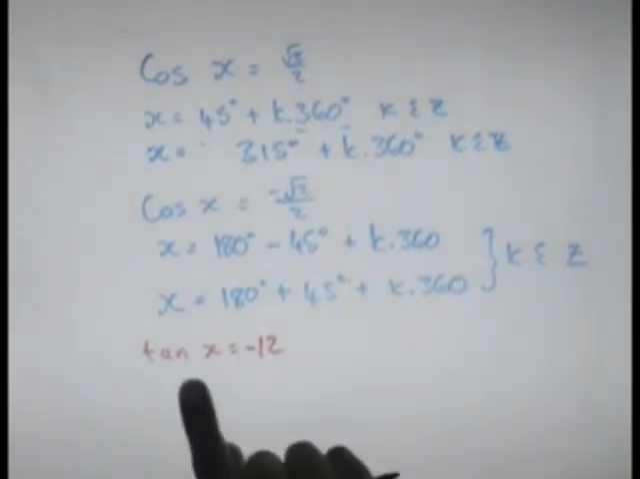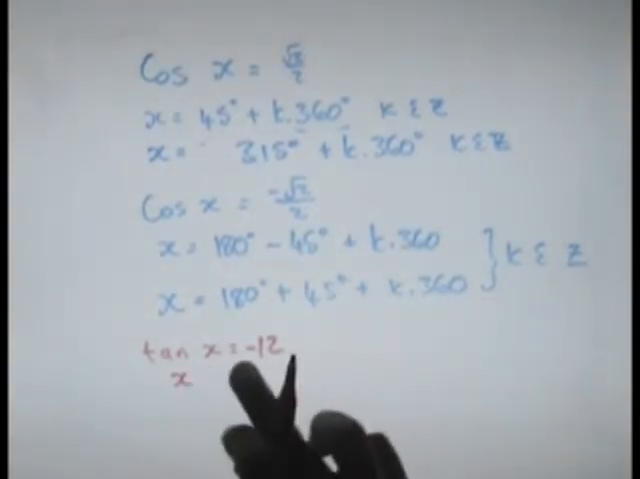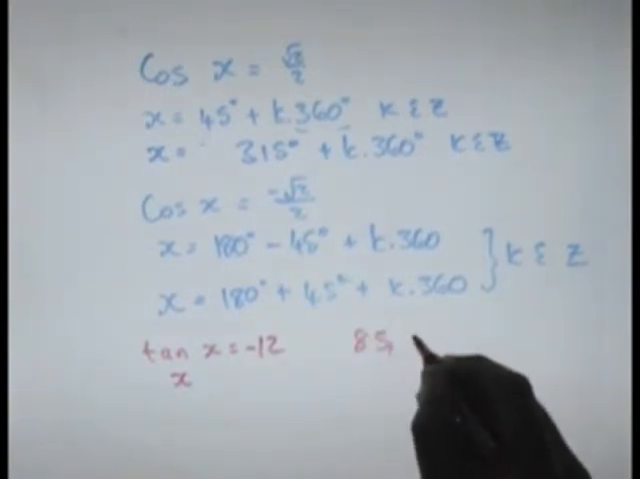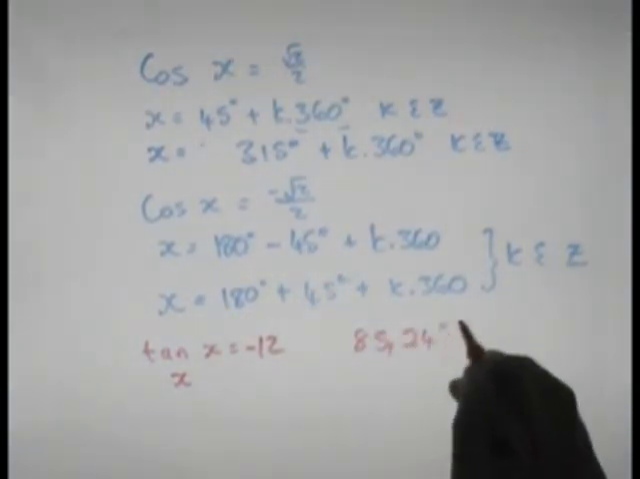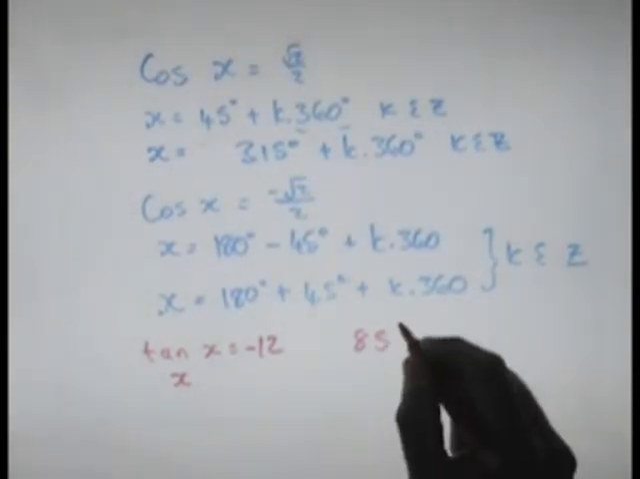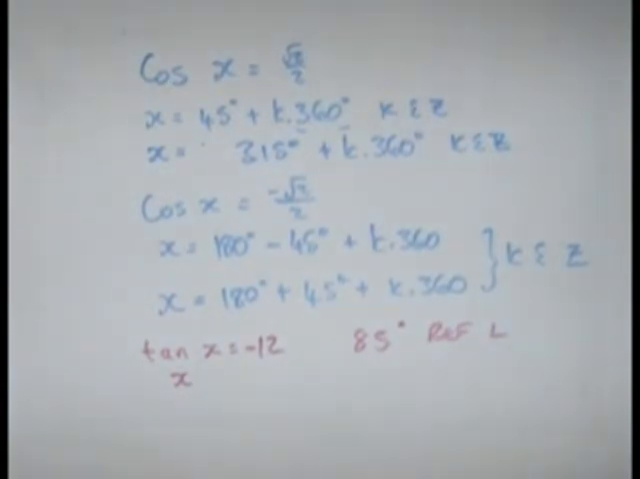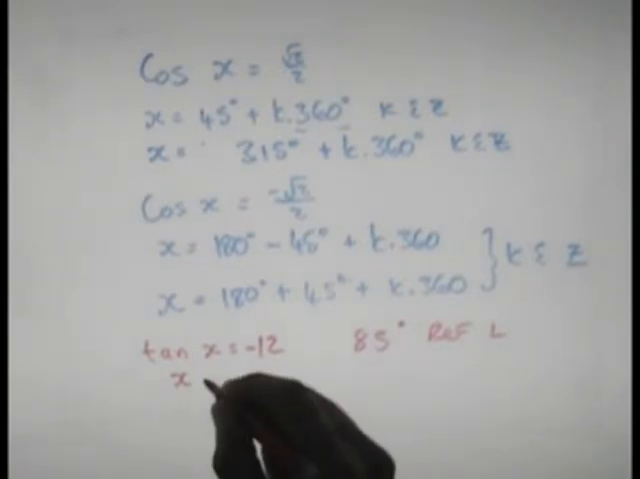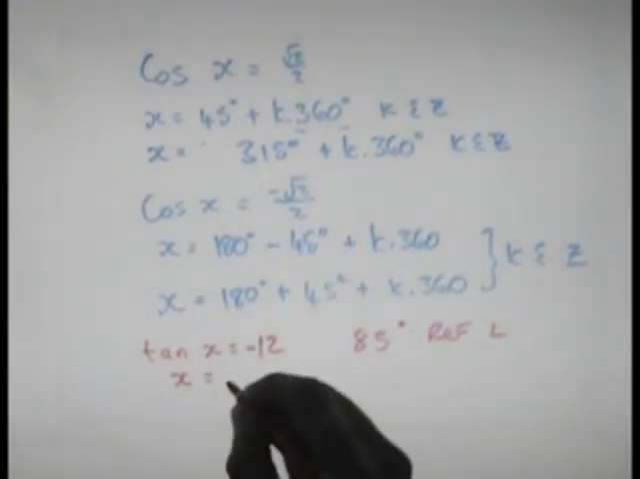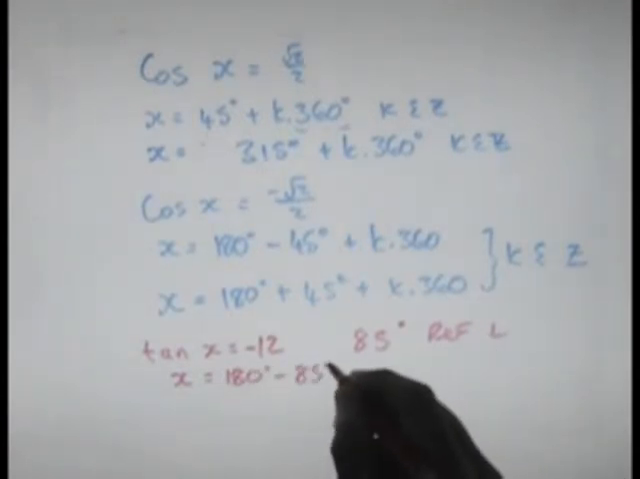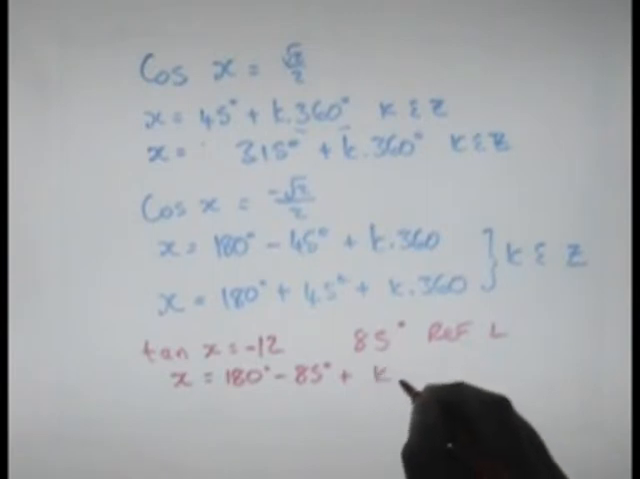Work with second function tan of the positive 12, which will give you an answer of positive 85.24 degrees. Let's just say 85 degrees. This is called our reference angle. Now, we are looking for when tan is negative. That means that x either lies in the second quadrant, which will be 180 degrees minus 85 degrees plus k